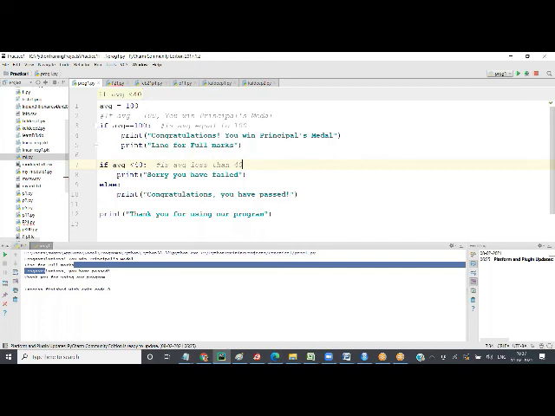So the condition should evaluate to either true or false. Condition will evaluate to either true or false only. You cannot have anything else other than a condition. The whole text between if and the colon. Colon is also important. The end of the if statement should have a colon. So the condition between the if and the colon should evaluate to either true or false.